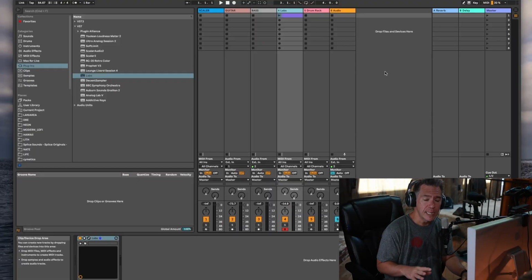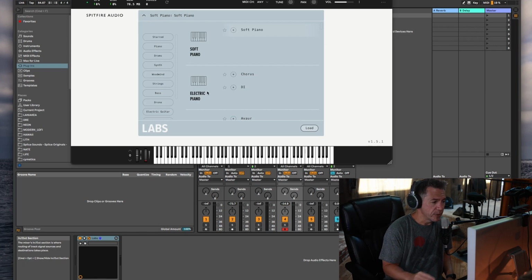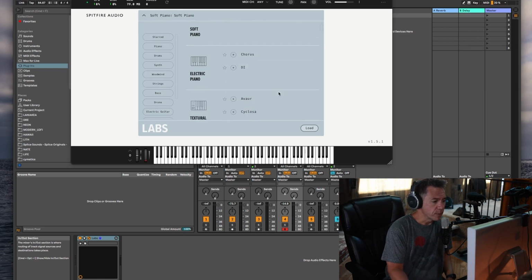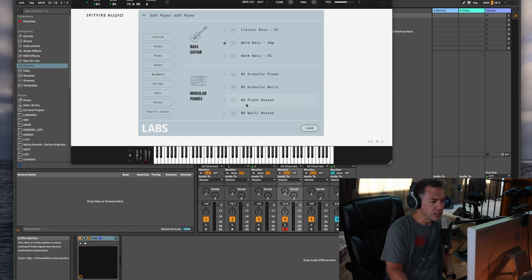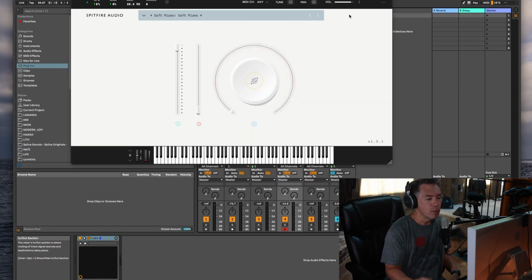So diving into Ableton, today we're going to use a plugin from Spitfire Audio called Labs. It's free, highly recommended that you download it. We're going to use soft piano today, but there's a ton of other completely free instruments that you can download from them. Electric piano, textural pads I have in here, some bass guitar. And if you're in need of acoustic drums, I highly recommend checking out their drum pack, which is really, really good. For now, we're just going to stick with the piano because I think that's sort of the easiest to